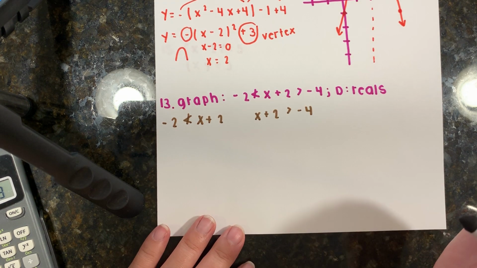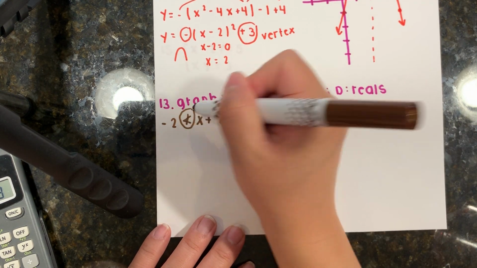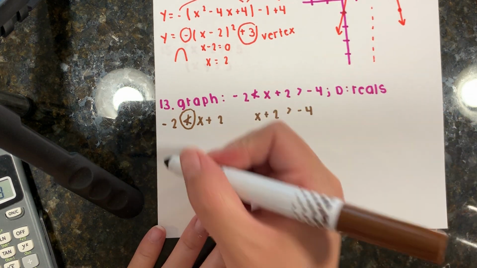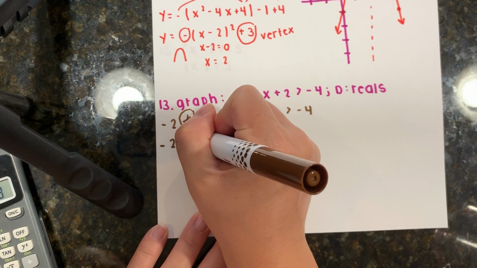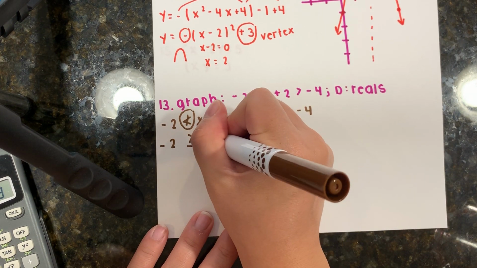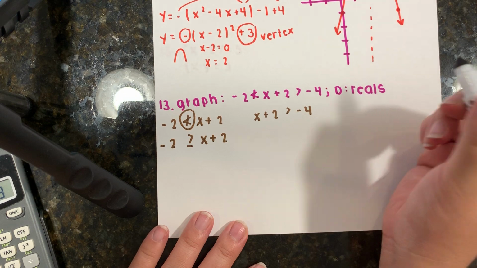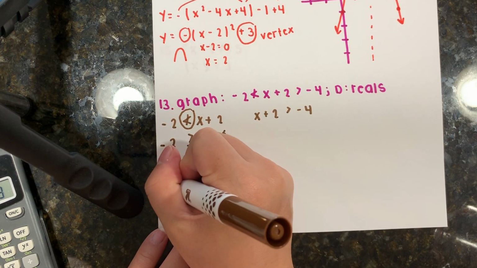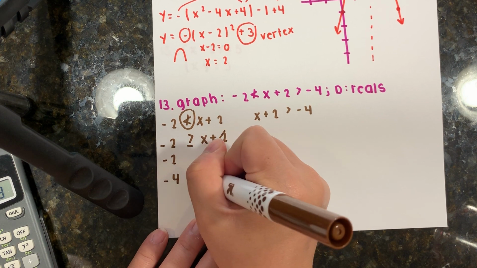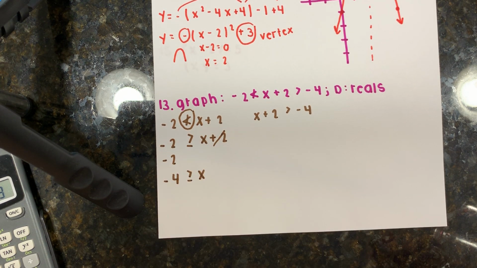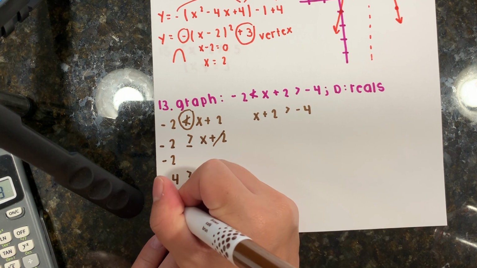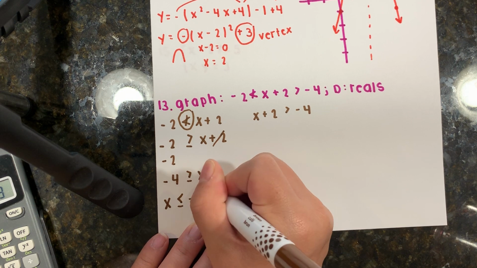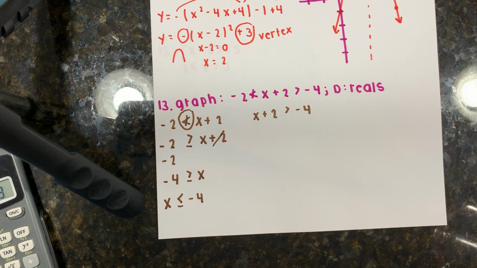For this one, I'm going to address the slash through the inequality, which means I flip it and then I add an equal sign. So that would be -2 is greater than or equal to x plus 2. Then I'm going to move the 2 to the other side, so I'm going to subtract 2. So I have -4 is greater than or equal to x. I always want my x to be on the left, so I'm just going to flip everything. So x is going to be less than or equal to -4. So all I did was basically mirror the whole thing.